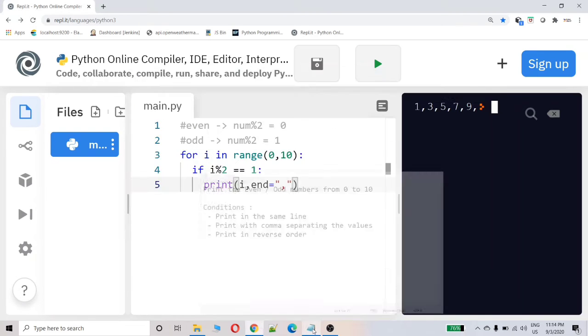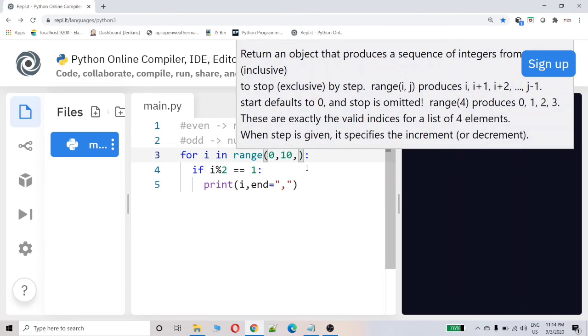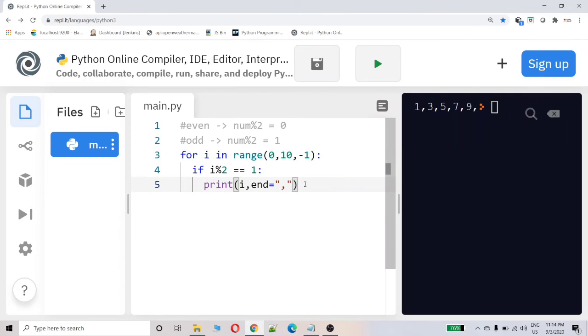And what else? Print in reverse order. In the range function itself, there is another parameter called step, the increment or decrement value. By default the value is 1, but when you give -1, what happens is it will print all the numbers in reverse direction. Without this condition, let's try to print all the numbers and see how it is printing.